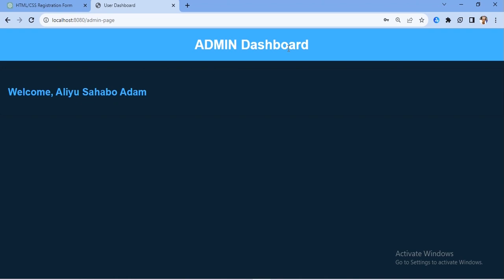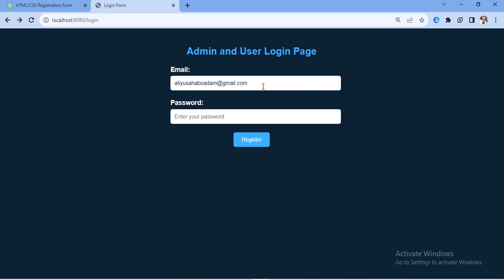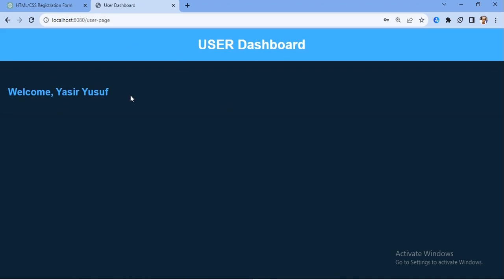Okay, so this is the admin dashboard, and then let's check the other name, Yasir Yusuf, with the password Yasir. So here is the user dashboard. Welcome. So the last thing that we will do is the logout. So we have to log out the user if we entered, because we have the implementation of the logout. So let's go back to the